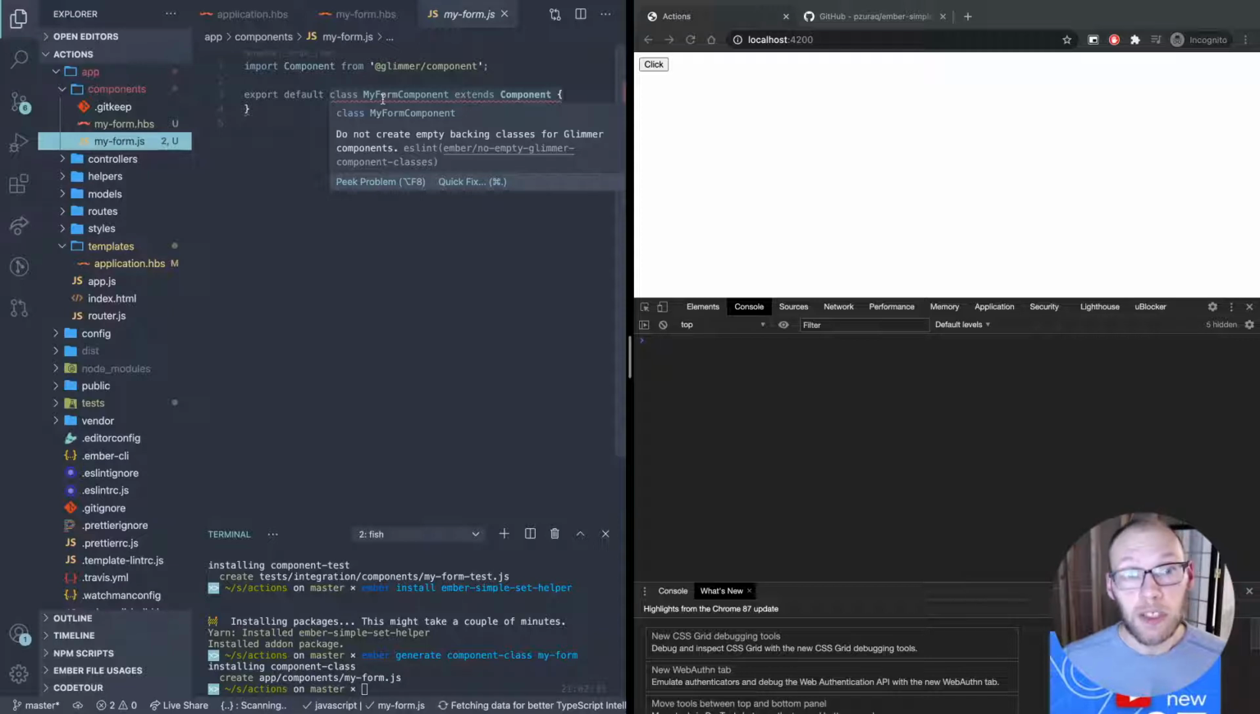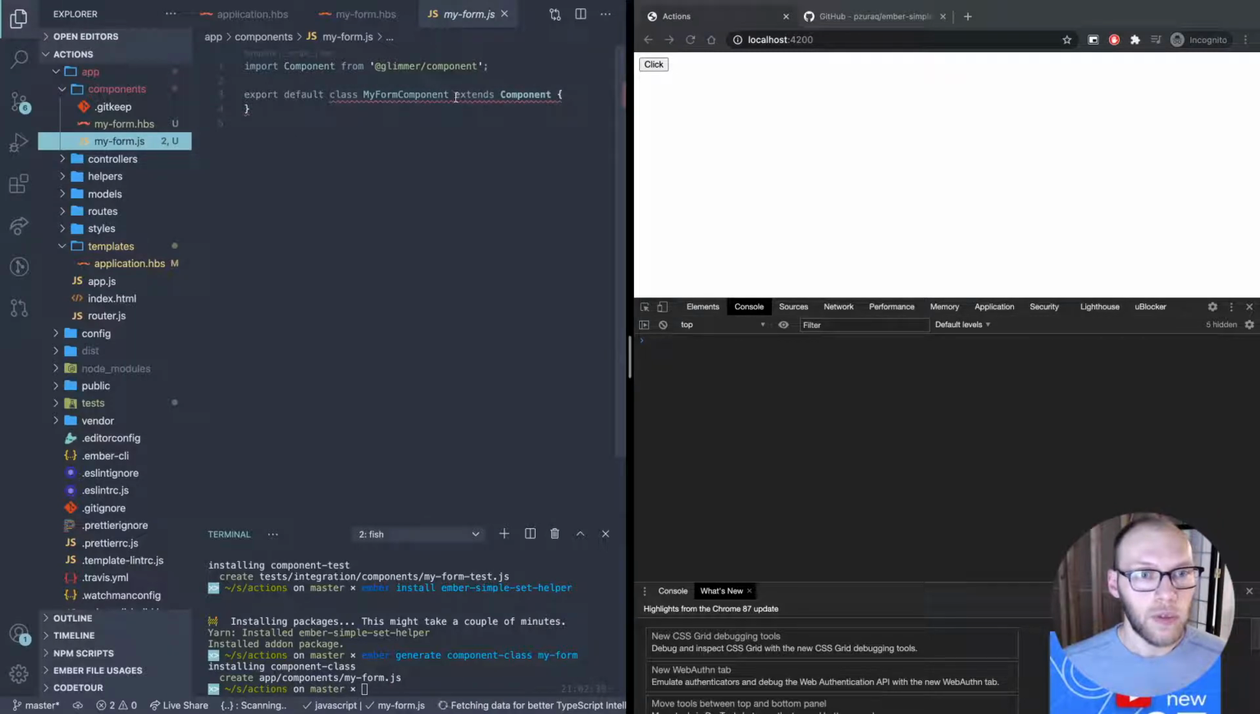And the linting will help us once again. It says do not create empty backing classes for Glimmer components, and it's saying that because of performance reasons. So that means if you have an empty one, just delete it. But we're not going to have an empty one. So let's